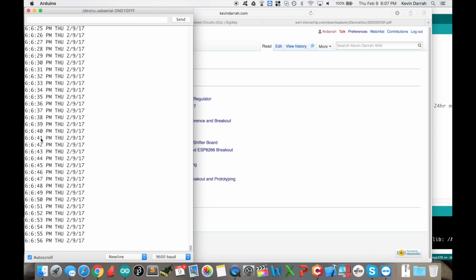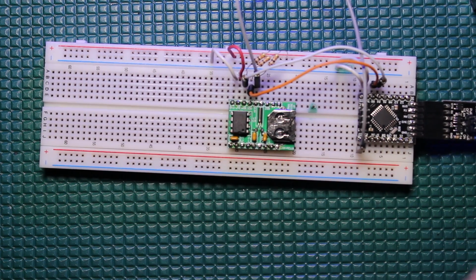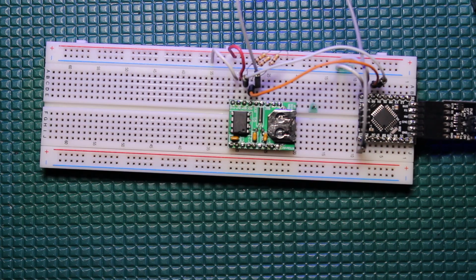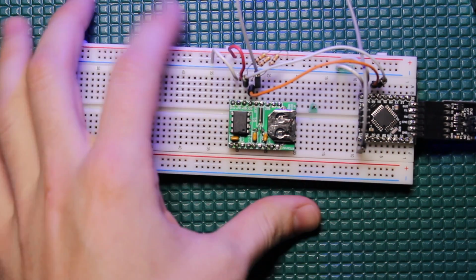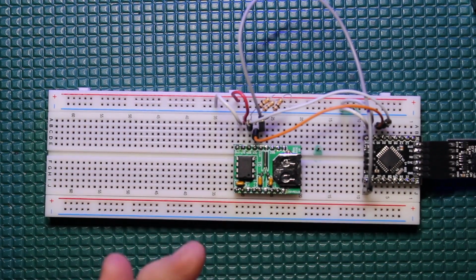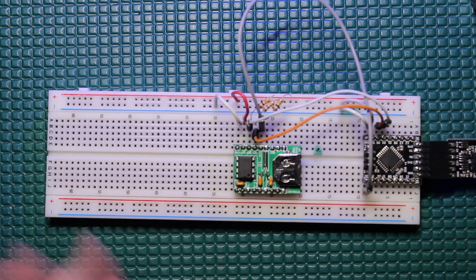care of everything. It's going to automatically increment the minutes, the hours. It knows that it can do 12-hour, 24-hour mode, the day of the week. It's also, as you can see, dealing with the day, month, and year. So it'll handle all of that. It knows how many days are in each month. It'll even keep track of leap year and things like that. So a very useful part for building alarm clocks or time stamping events, or for me what I think is